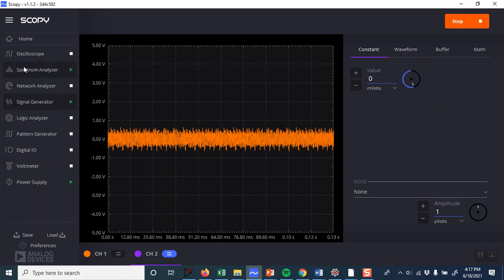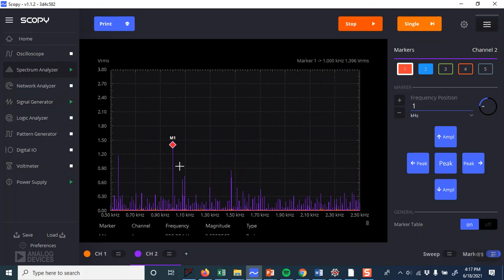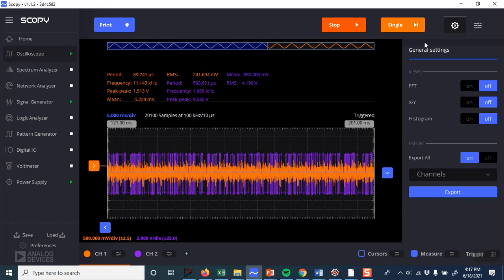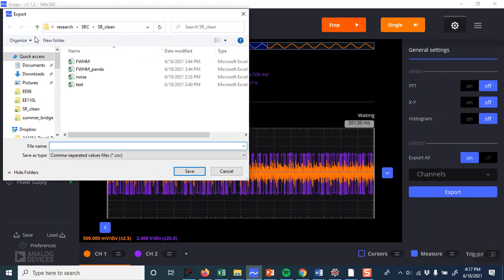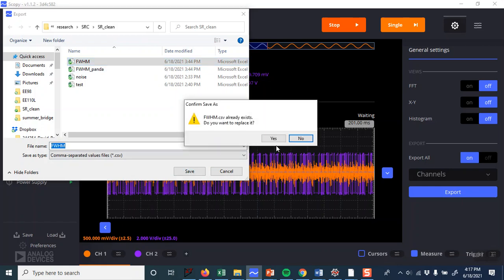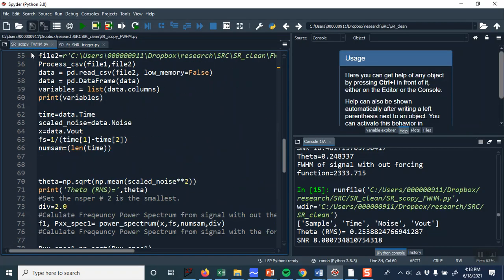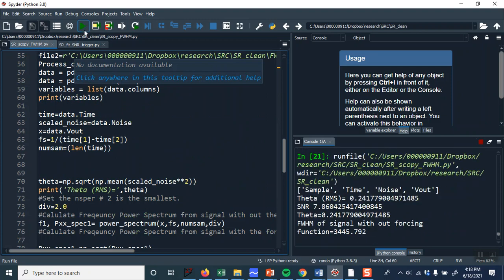Now that's gone, right? If I go to the spectrum analyzer, eventually this peak disappears, right? But now we go to the oscilloscope and run, all right? We export it, and again, you're going to want to put this in the correct directory, and you just click on full width half maximum because that's the name of the file. So we have SR Scopy full width half maximum, and we just run that, and it'll calculate a signal to